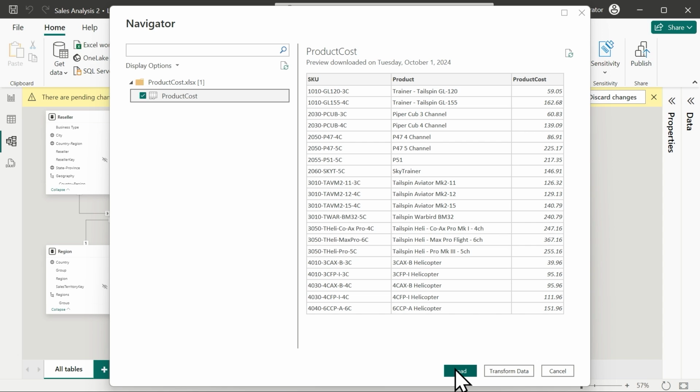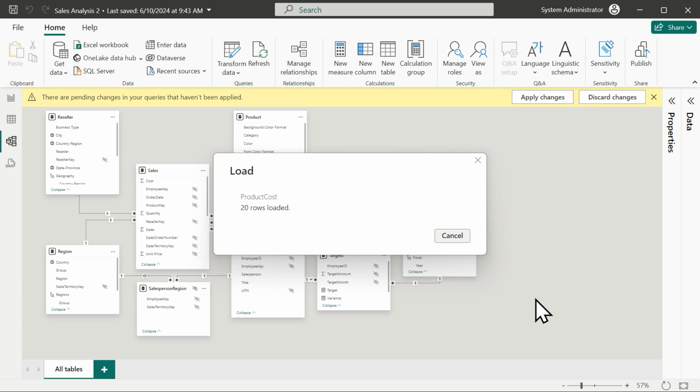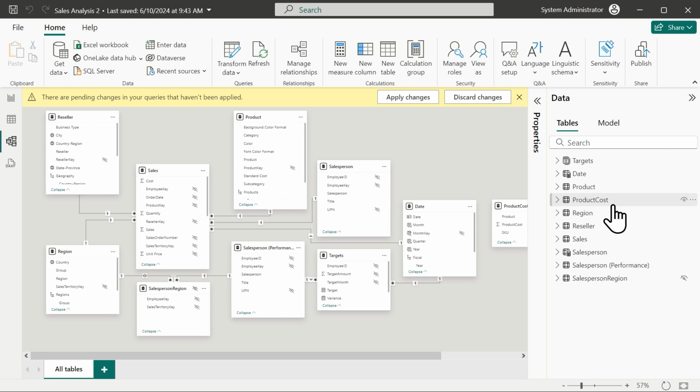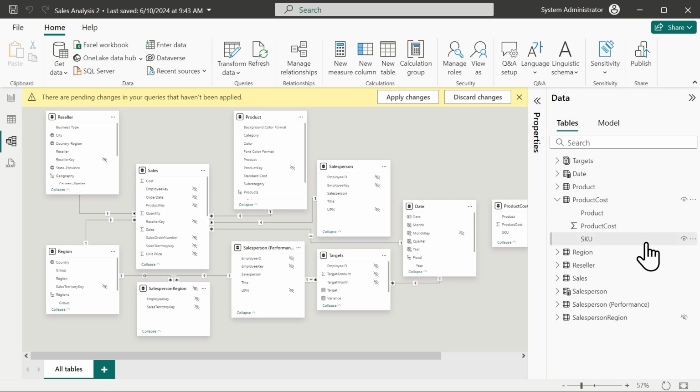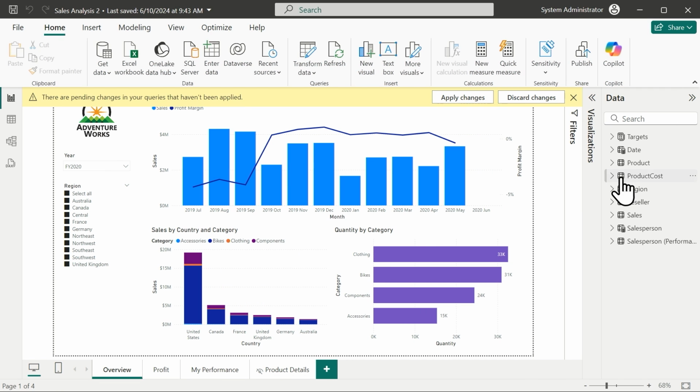So right now I'm just going to load it, and when I do that, it takes just a moment, and you can see it's loading, and we'll notice that it's been added to our data model here. It doesn't have any relationships right now, and we'd have to find fields in common with the tables that we have here to set up relationships or make new fields if we needed to do that. If I go out to data, you can see that the table is there also. And if I expand that, you can see some of the fields, the same ones we saw from Excel. If I go into the table view, you can see the same table there. So you can see it in a number of views, as you can tell from here. So plenty of places to work with it.